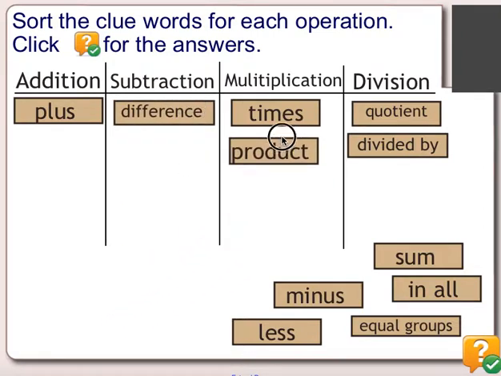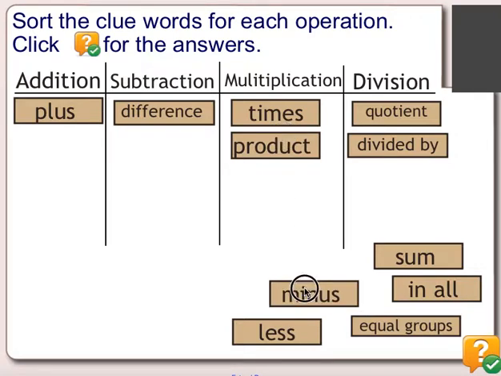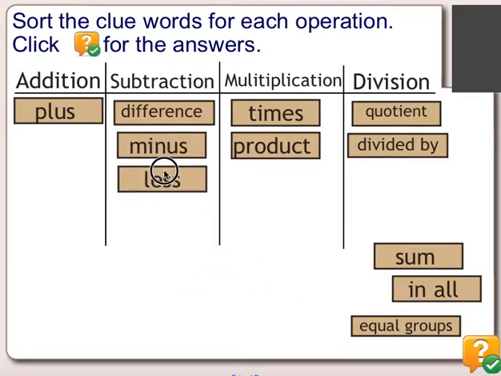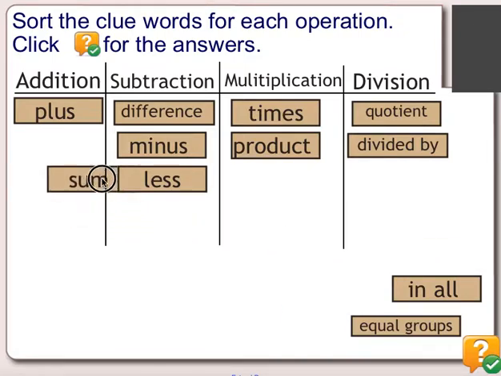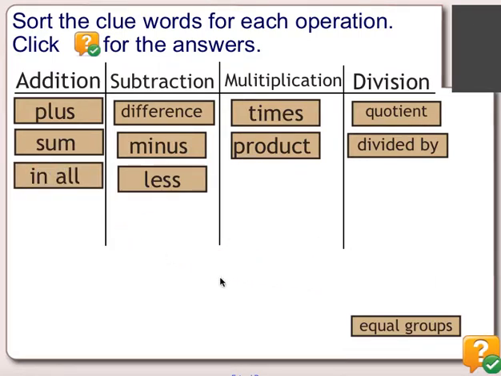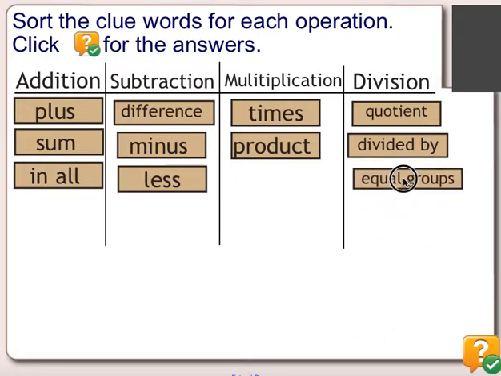Product, we're talking about multiplication. That's the product, so a factor times a factor is a product. Minus, well, that's a subtraction sign. If we say something is 9 less than x, then we're talking about subtraction. The sum is addition. In all, that's oftentimes talking about addition. And equal groups is often talking about division. Okay? These are common words that you can use to talk about different equations, but also see in word problems